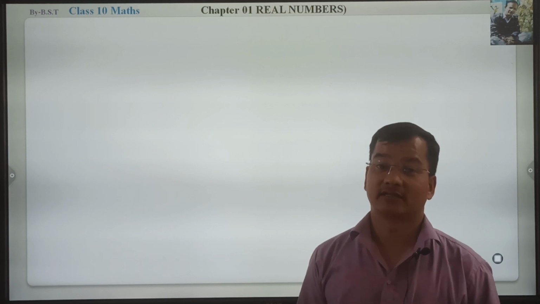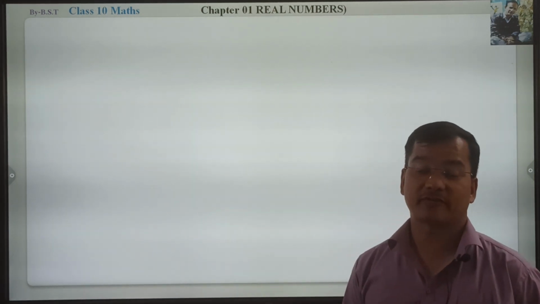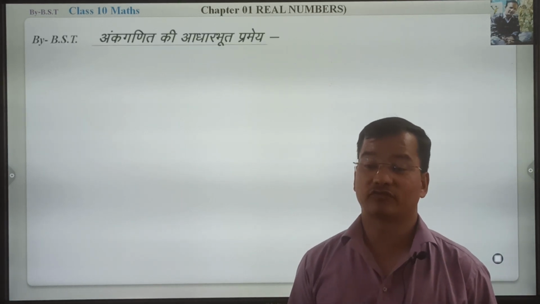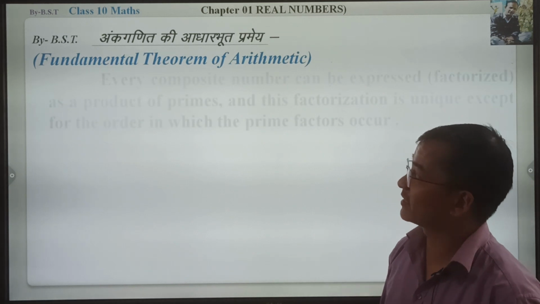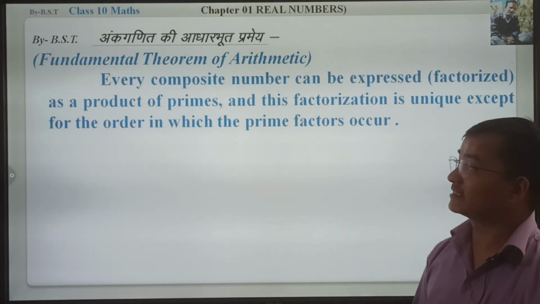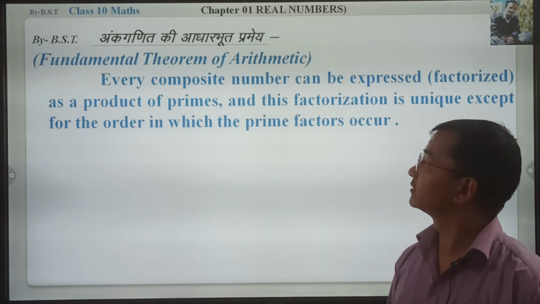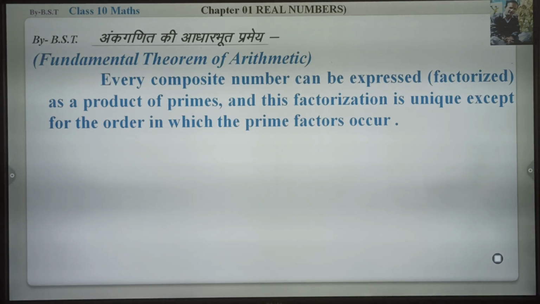Before this, yesterday we discussed the fundamental theorem of arithmetic. According to the fundamental theorem of arithmetic, any composite number can be expressed or factorized as a product of primes, and this factorization is unique except for the order in which the prime